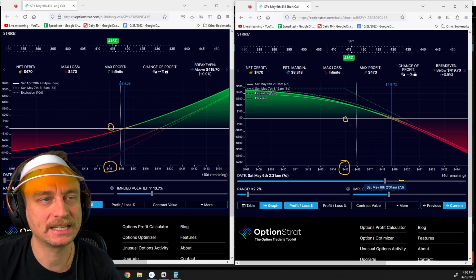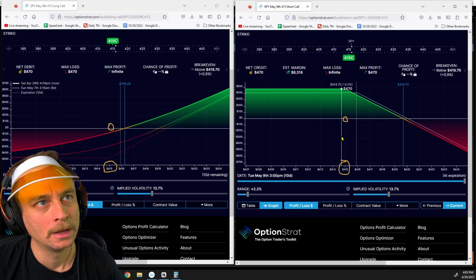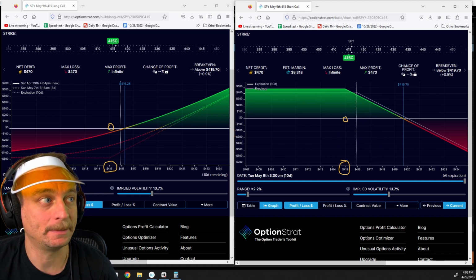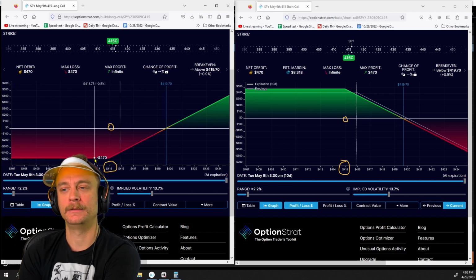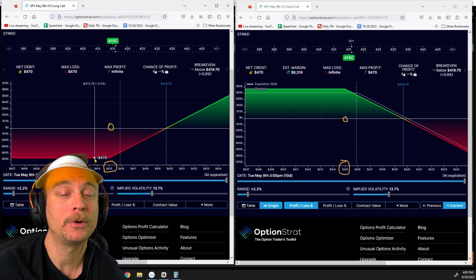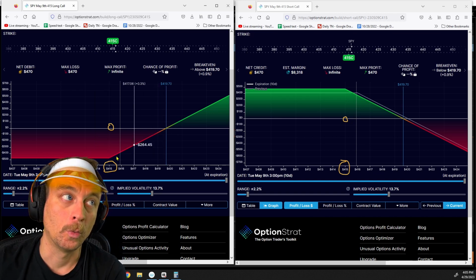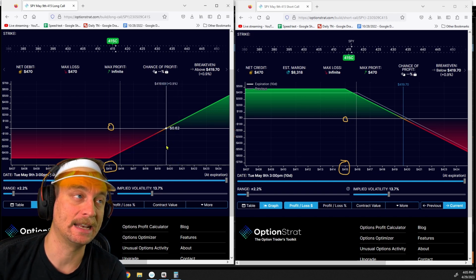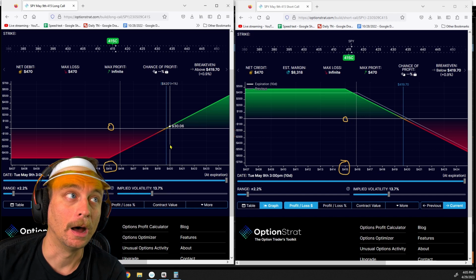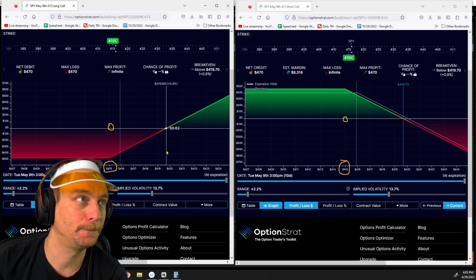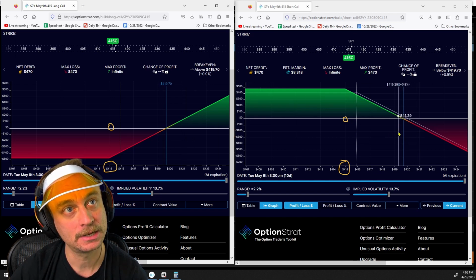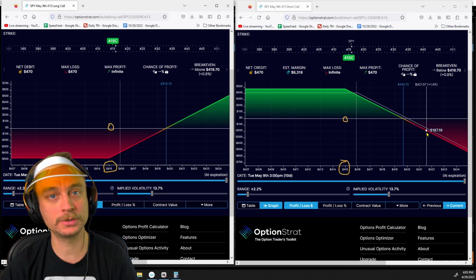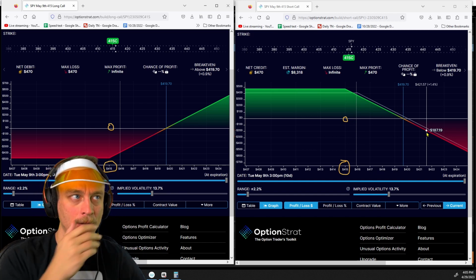But again, as time decays, boom. Now, we're going to make a max of $470, whereas on the long call side, you're going to lose a maximum of $470 at expiration if the market doesn't move. Remember, on the 415 long call side, at expiration, it better be above the price of $419.69. Whereas if it's below that price, $419.70, that's when we start to lose money on the short call side.